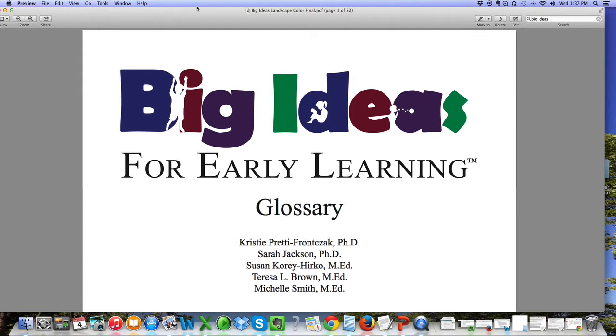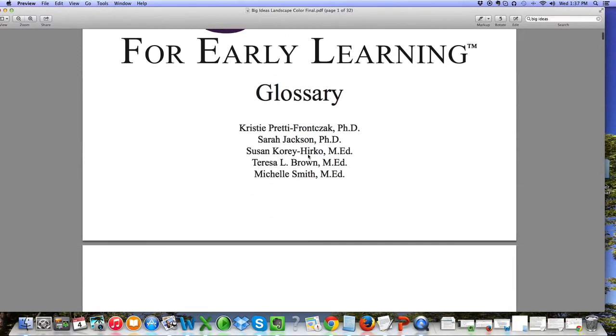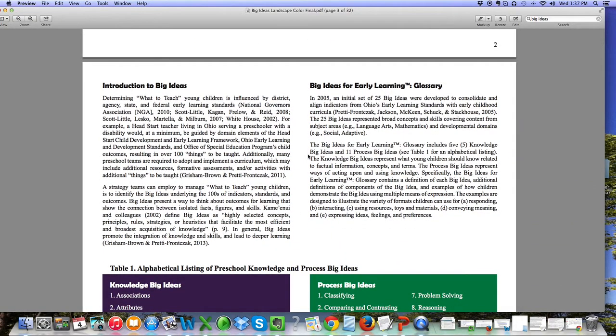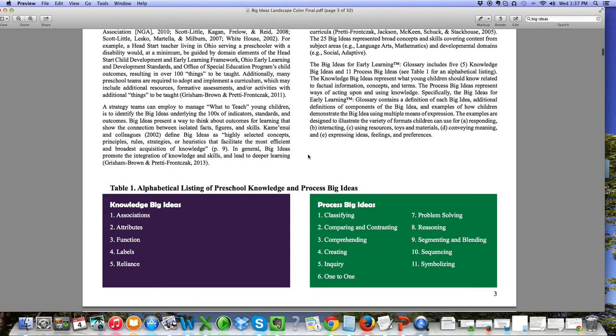So as I look across Head Start, or I look across a district set of priorities, or I look across an assessment, or the early learning standards in my state, what are they all saying to me? So we came up with a framework that we call the Big Ideas for Early Learning. And the big ideas, there's a bit of a definition and the context of them, and then there